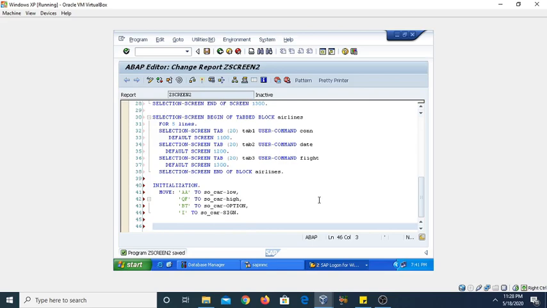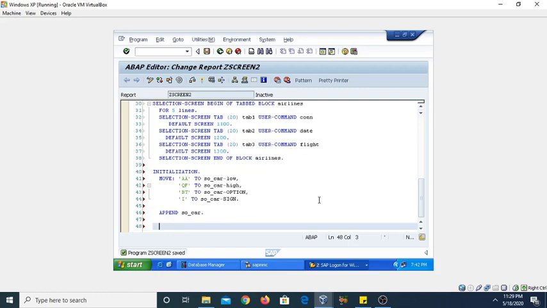Now I have also discussed this month. Once you have created this month, you need to append the particular data object into the internal table. So we are using the append command, append SO underscore char.